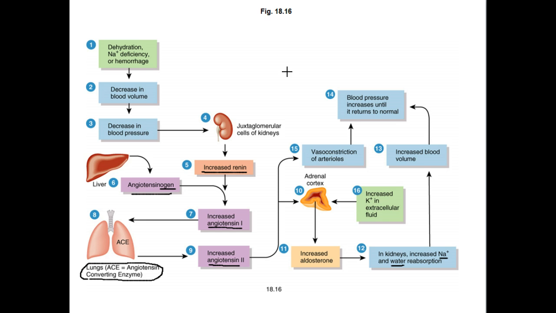aldosterone. It's similar to antidiuretic hormone, except the antidiuretic hormone kind of directly holds water. It's the kidneys holding water, whereas aldosterone is about keeping sodium concentrations up. And by doing that, you keep water. Both antidiuretic hormone and aldosterone work as vasoconstrictors. So,